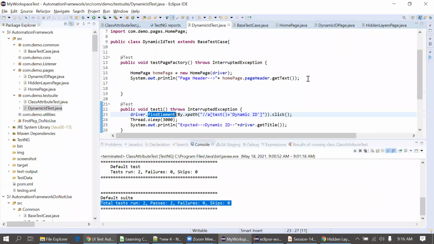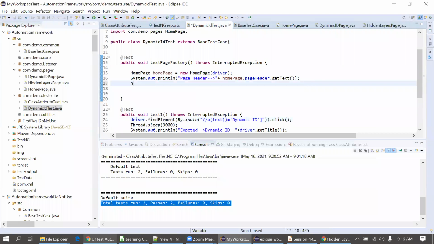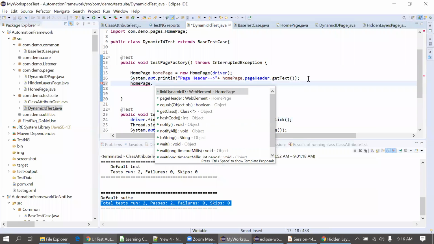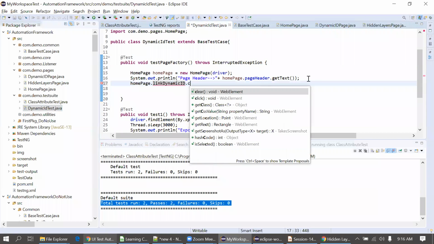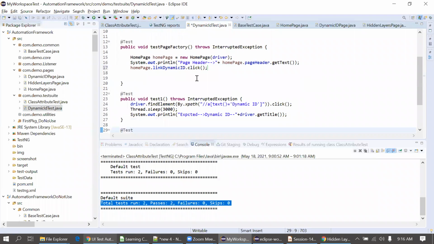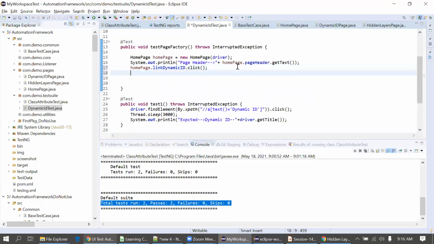So we have taken the page header. Again, I'll just perform some more operation here. Home page dot second link dynamic ID dot click, and I will just print the title. Let me try. I will just put this way only.